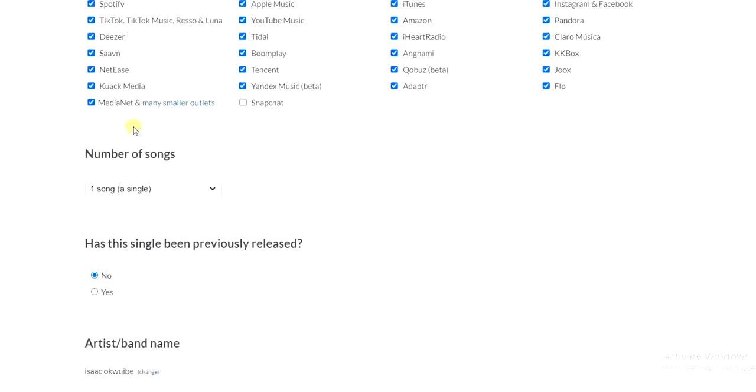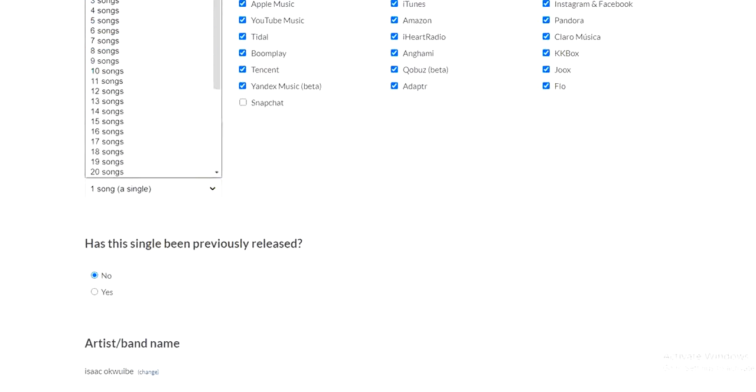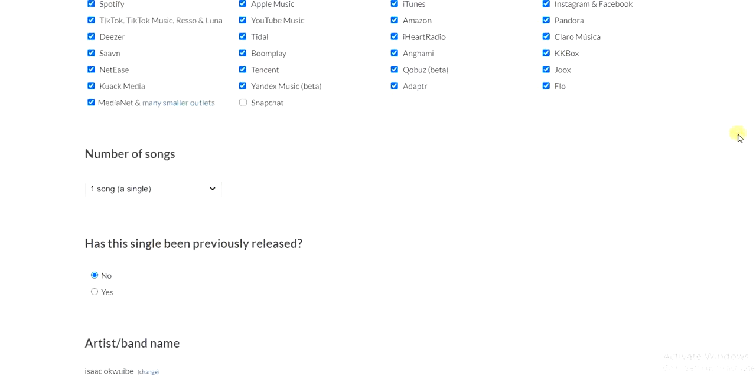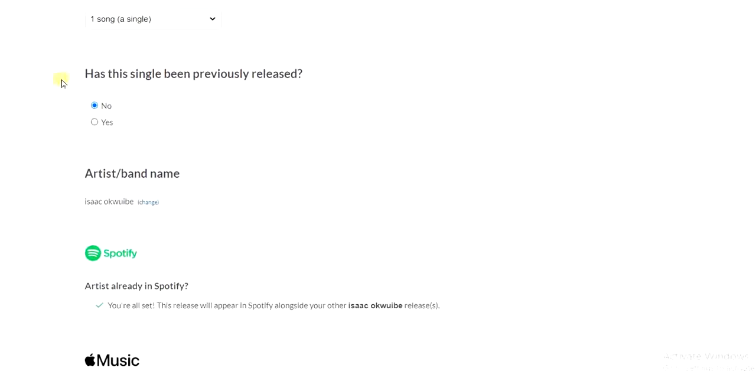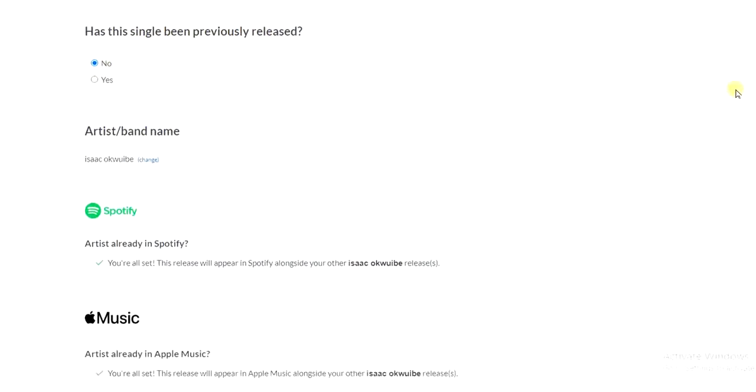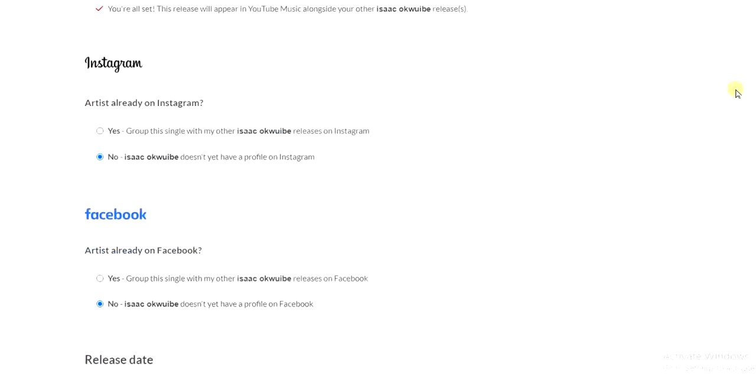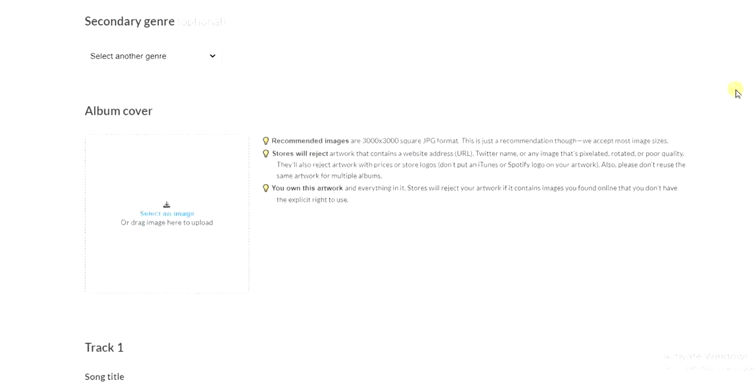Then you see the number of songs that you want to upload, so you have to click on the drop down button and choose it. For example, one song, and then you have to scroll down and answer this other question: has this single been previously released, and so on. So these are the questions you have to answer. But if you scroll down to this section